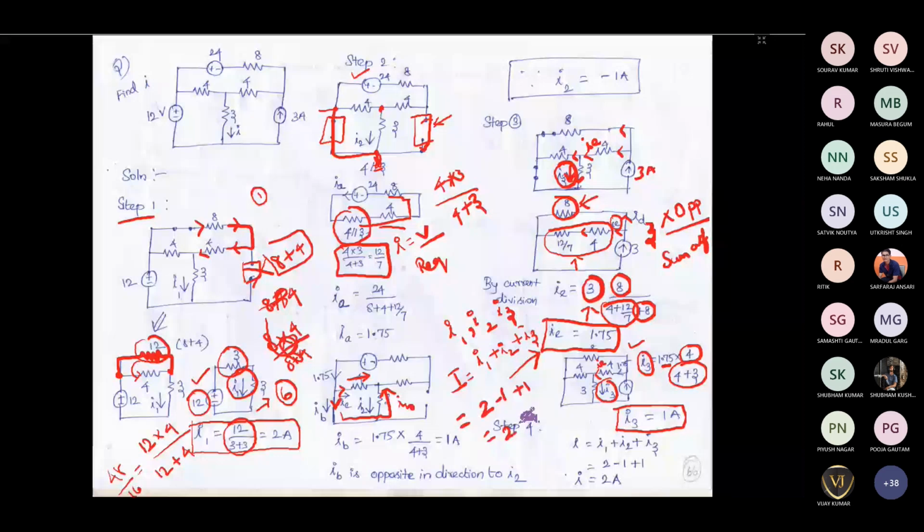Even if you apply mesh analysis or nodal analysis, you could have found this current I3 as 2 ampere. But here we are dealing with only one source at a time, so sometimes it may be easier for us. Mainly this theorem says that when you have n number of sources in the circuit, the total response will be equal to the sum of the individual responses provided by the individual sources. When you have multiple sources, the total response is the sum of the responses provided by the individual sources, as given by the superposition theorem.